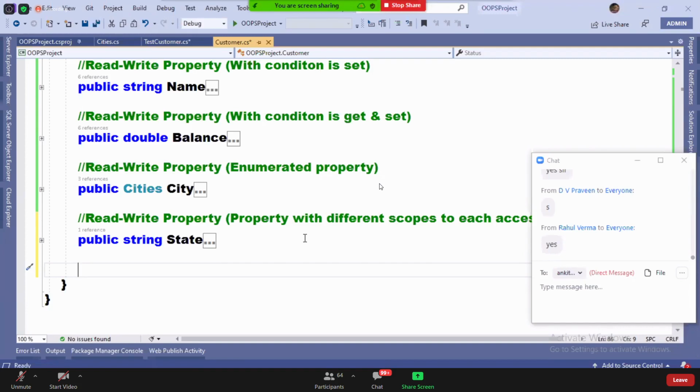Are you getting my point or not? So to define a property, we compulsorily need to declare a field.